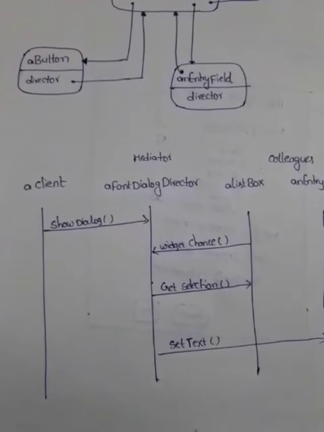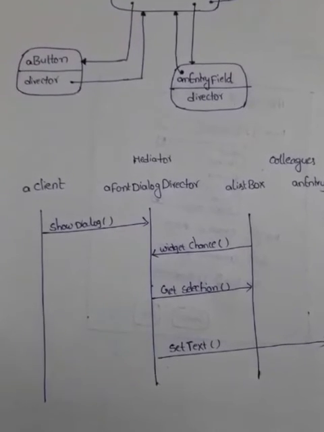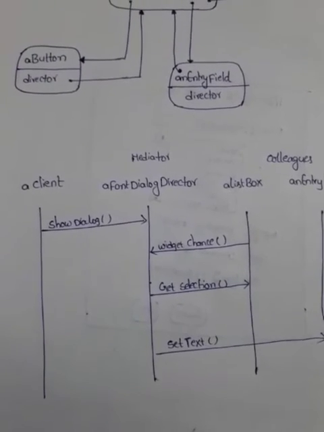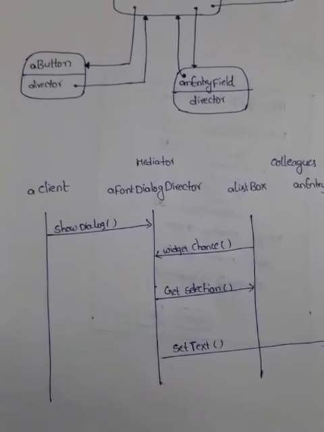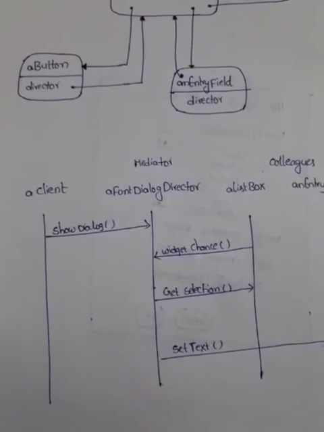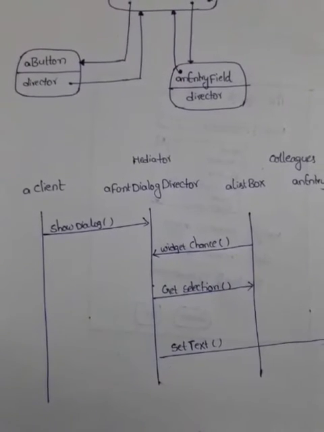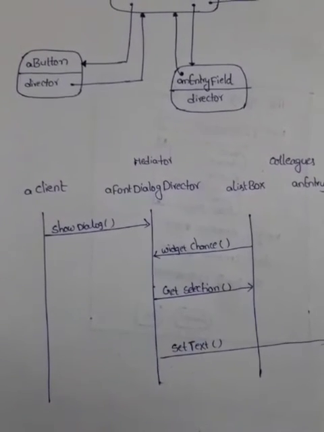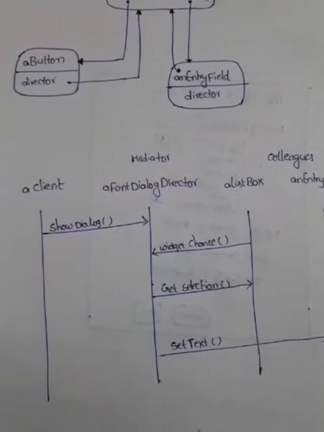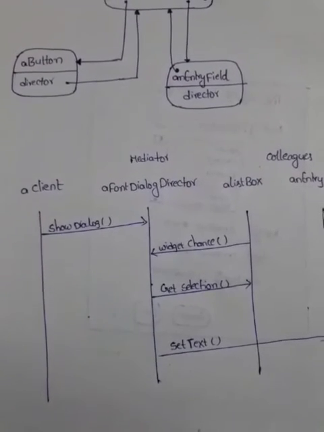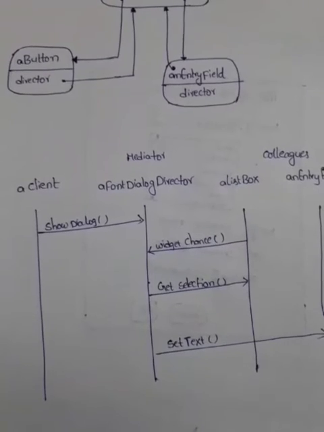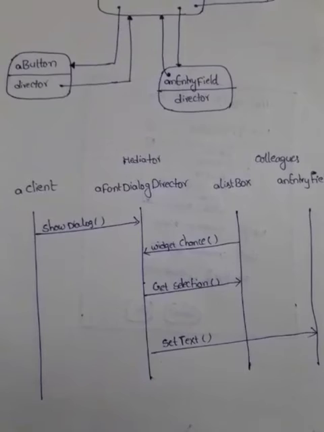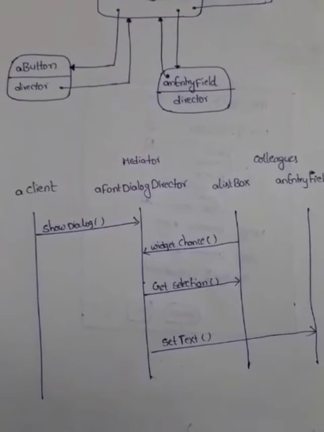Here the succession of events will be that the list box selection passes to the entry field. The list box tells its director that it has changed. The director gets the selection from the list box, and in the same way the director passes the selection to the entry field, and now that the entry field contains some text, the director enables buttons for initiating actions.